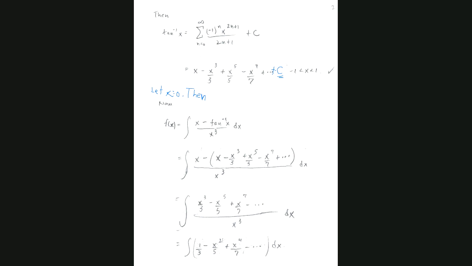Let x equal 0. Then the arctangent of 0 is going to equal